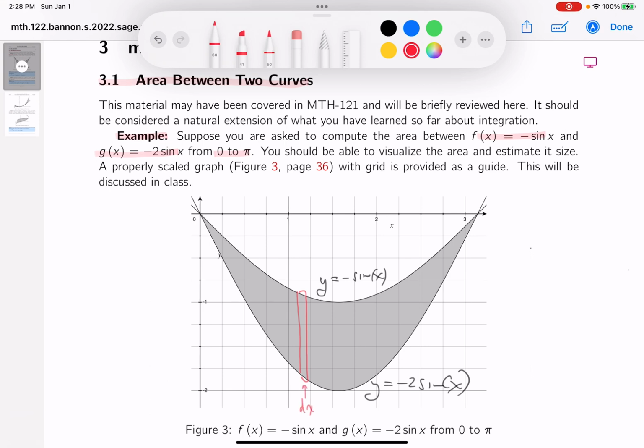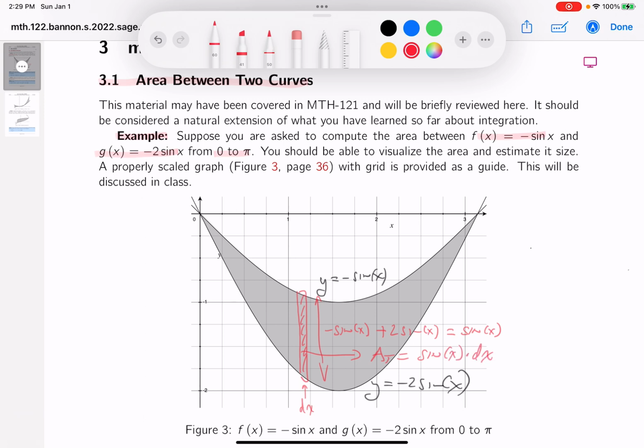So I think I'm ready to write down some things about it. I'm just doing the area of this thing. And the other thing I want to do is the height of it. And what's the height going to be? It's upper, which is minus sine of x, minus the lower, that's minus a minus, that's plus 2 sine of x. So the height of this thing is rather simple. It's just simply sine of x, all right? So what's the area of this sector over here? This little rectangle, call it AR, by the way. It's just simply sine x